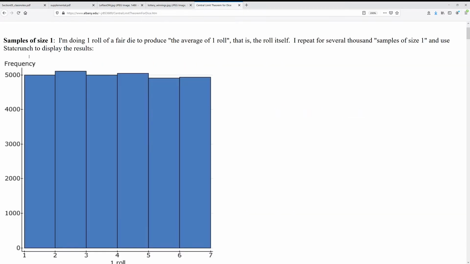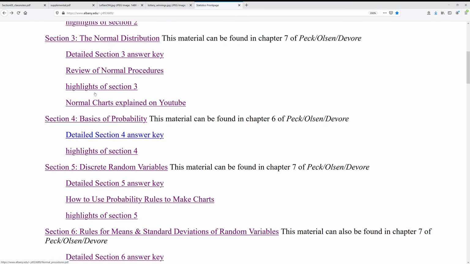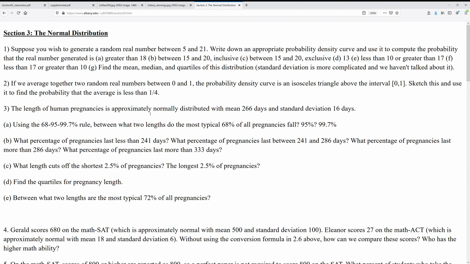Now let's back up a bit. From a probability perspective, pretty much all of the things we talked about in section 3 were continuous random variables. Pick a random real number between 5 and 21. Well, it's just another example, right? 5 point anything or 6 point anything or 7 point anything, so on and so on. It's what, 16 long, whatever. Average 2 random numbers between 0 and 1. Like I said, this is a triangular type thing. They tell you that. But you can get any real number between, you can get 0 point anything, so it's